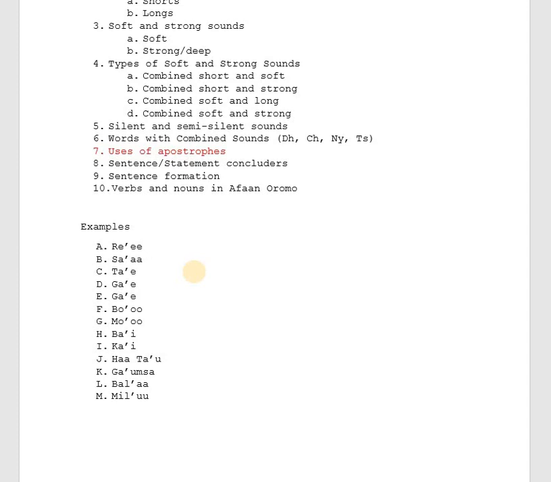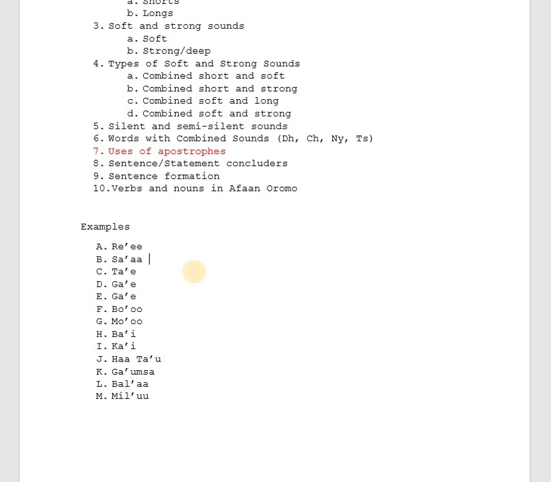Re, sa, tae, gae. Sorry, I repeated gae. Bo'o, mo'o. Now o is different. It's not just like mo or bo, but it is bo'o. O is another sound by itself. Mo'o,